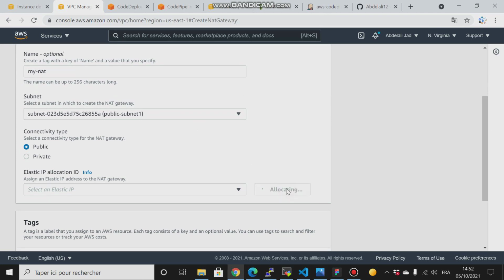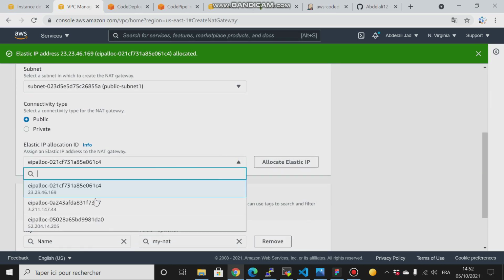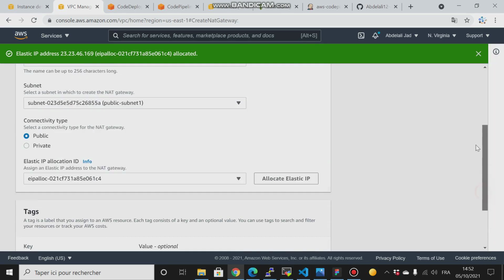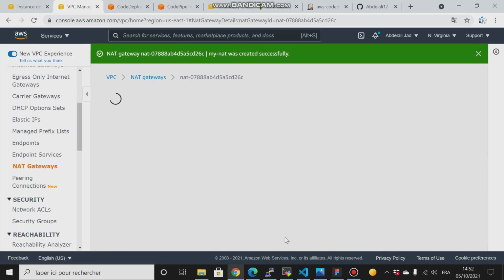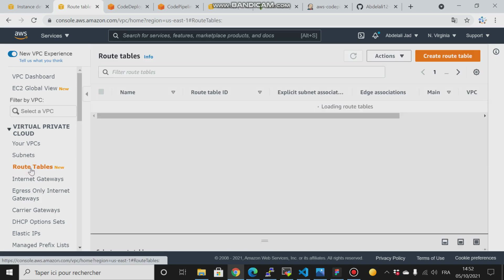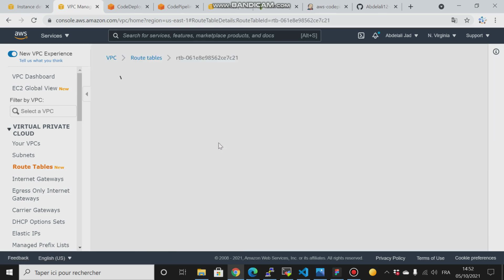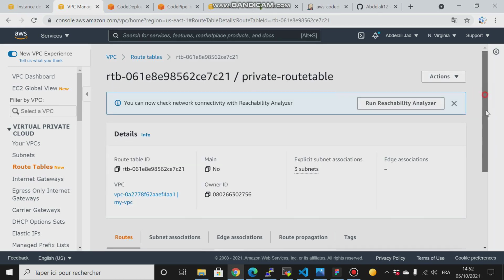Then I will allocate an elastic address. But I think there is already an allocated elastic IP address. So I have to scroll down and then create that NAT. So once I create it, I have to go to the private route table and edit it, and edit the routes